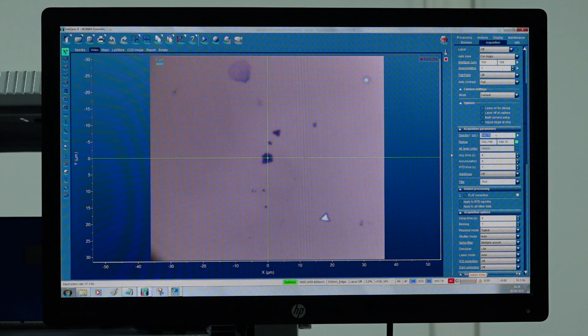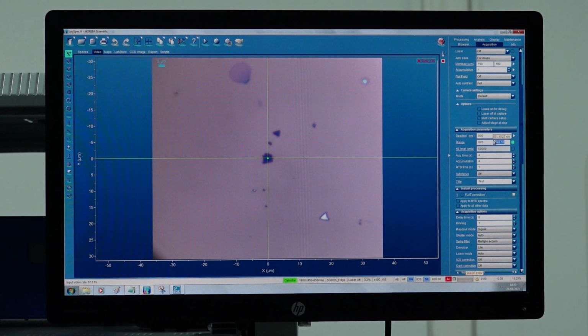From the literature review, I know that the band gap of MoS2 lies between 1.23 electron volt to 1.88 electron volt depending on the number of layers that are present in the crystal or the flake. So, I will choose a number in between, and this time I will specify it in nanometer because I selected nanometer here. So, I will write 800. The range I will select such that the peak position lies within this range. So, I will select it from 670 nanometers to 960 nanometers.